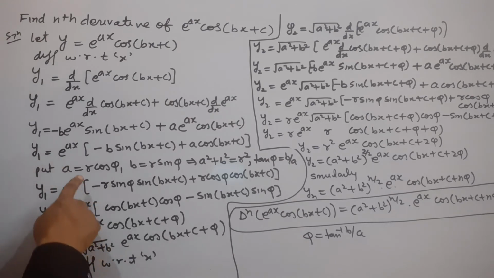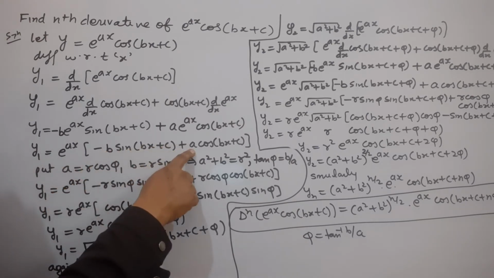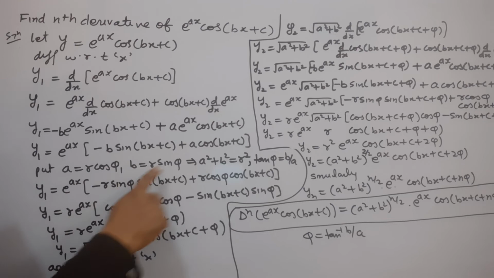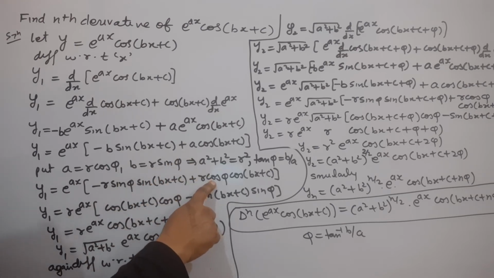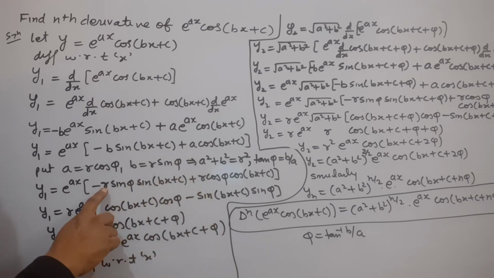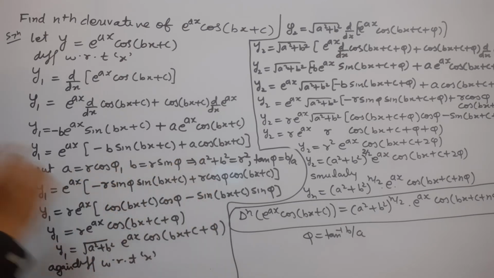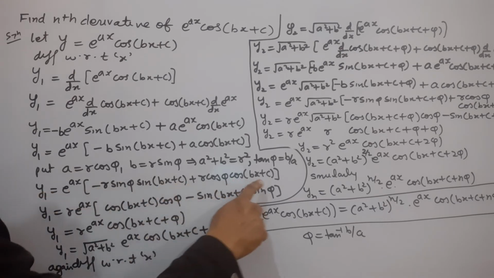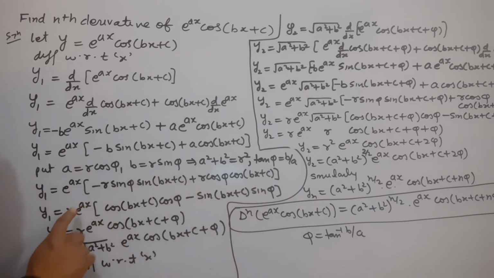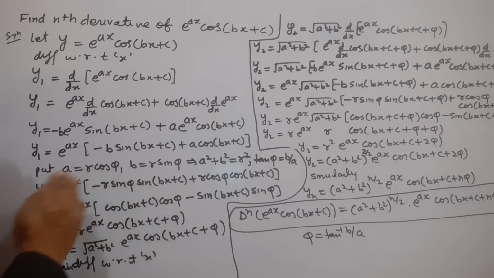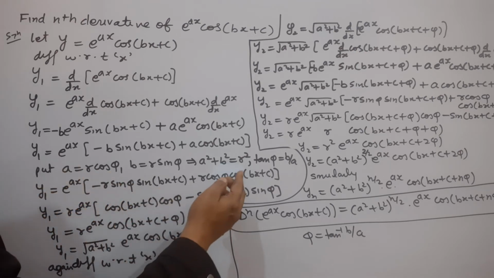Now we put here value of b and a, that is r sin phi. Here we put value of a, that is r cos phi. आप यहाँ पर देख सकते हैं b और a की वैल्यू रखी गई है, a के प्लेस पे r cos phi और b के प्लेस पे r sin phi. Here we can say that this r is common in both the terms, so we write this outside the bracket and this can be written as